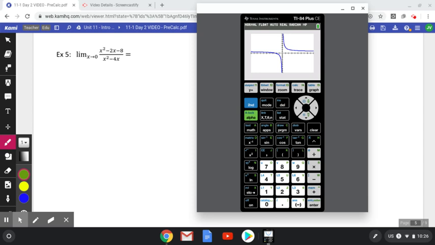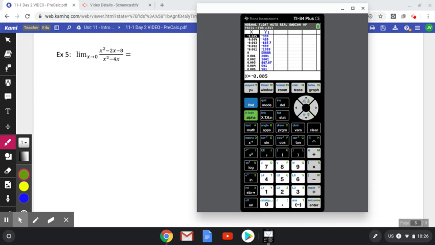Let's go ahead and see what happens when we set up our table. So I'll hit second window here to get the table set. And we want to start our table at 0, that x value that we're wondering what's happening around. Our delta table should be small, 0.01 or 0.001 is fine. So I'll go ahead and hit second graph, which is our table, and we're going to investigate what's happening right